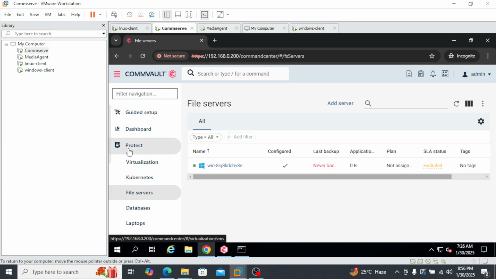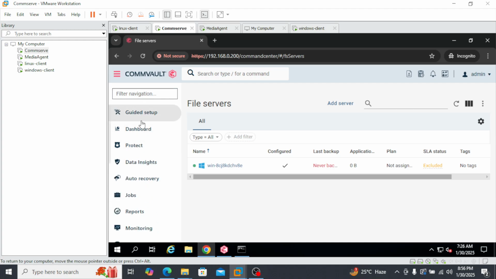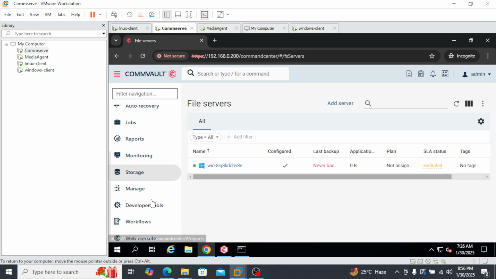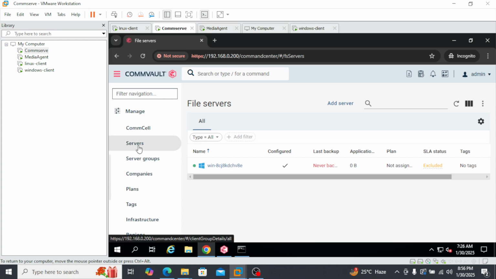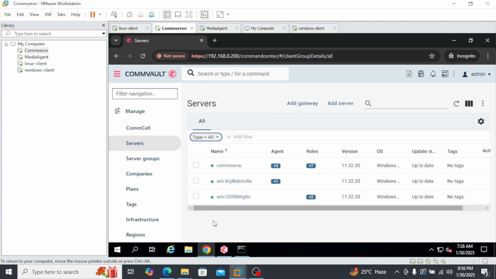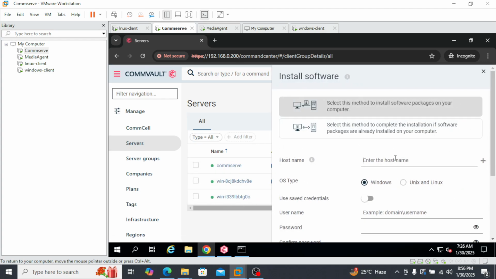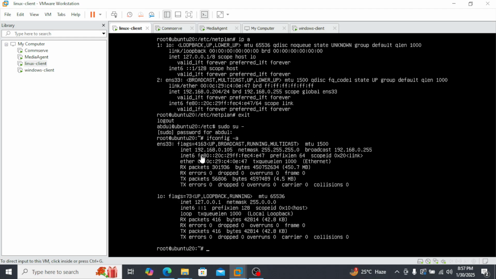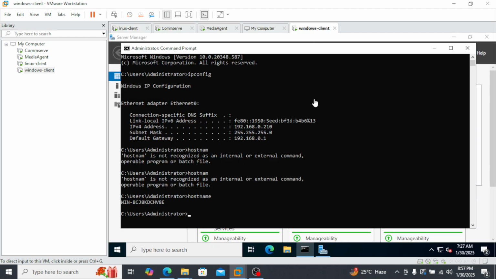On the left hand side, you have the navigation window. You scroll down, manage servers, and then in the type, select all. So these are all the machines that are already configured. Add server. So here, give the IP address of that particular Linux machine. 192.168.0.105. Okay,